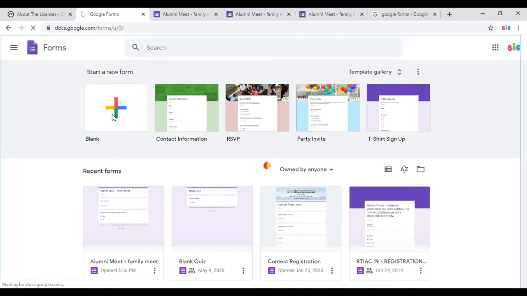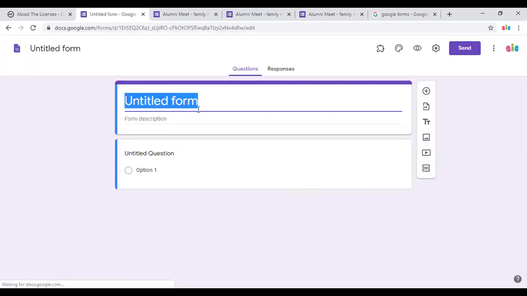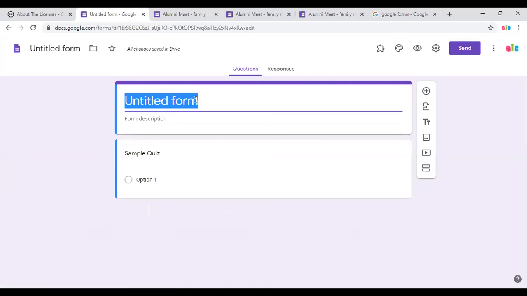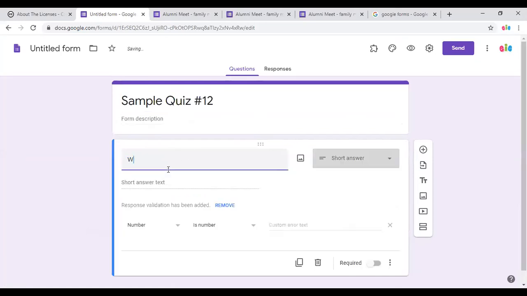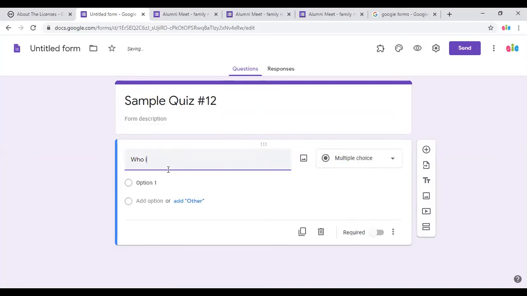So I'll just go to blank. I'm going to create a quiz. So I'll just put a sample quiz. I'll just give the title as sample quiz. I'll just put the name, say 1, 2. So I just have the first question about India.